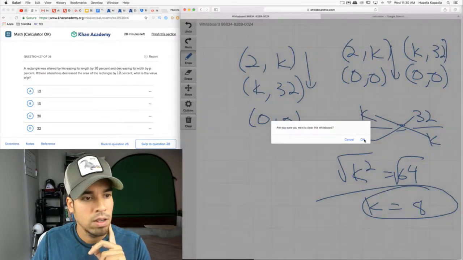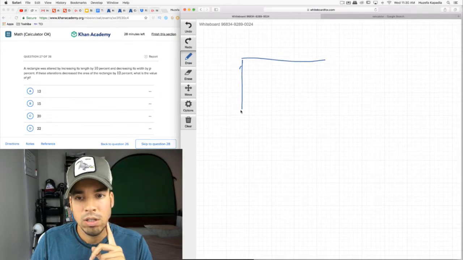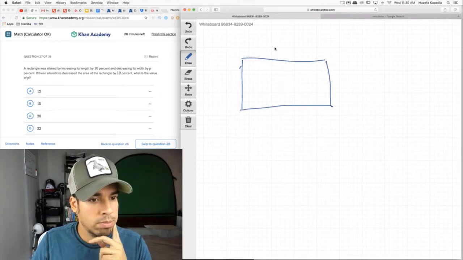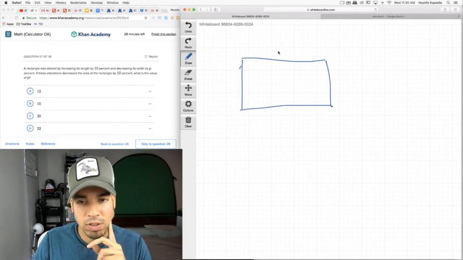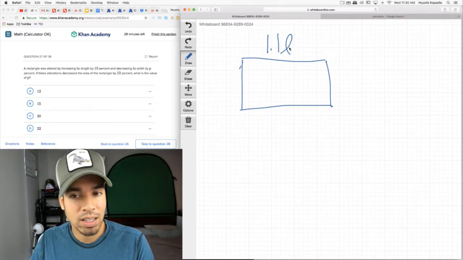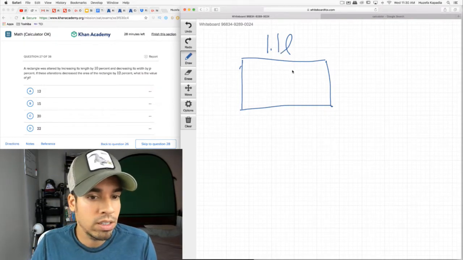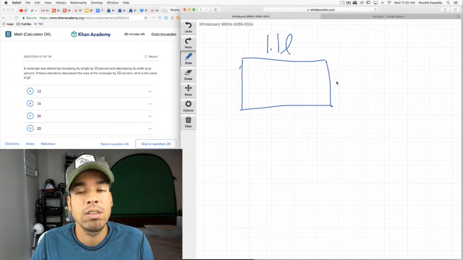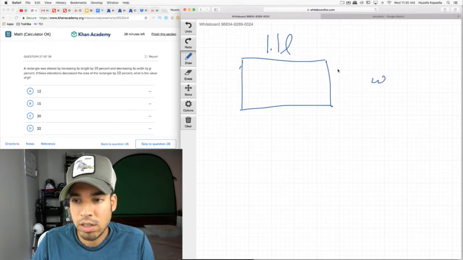Next, a rectangle was altered by increasing its length by 10%. So if this is length, the length becomes 1.1. That's an increase of 10%. That's like multiplying 0.1 times L and then adding it to L, so it's 1.1, and decreasing its width by p%, which means the width is